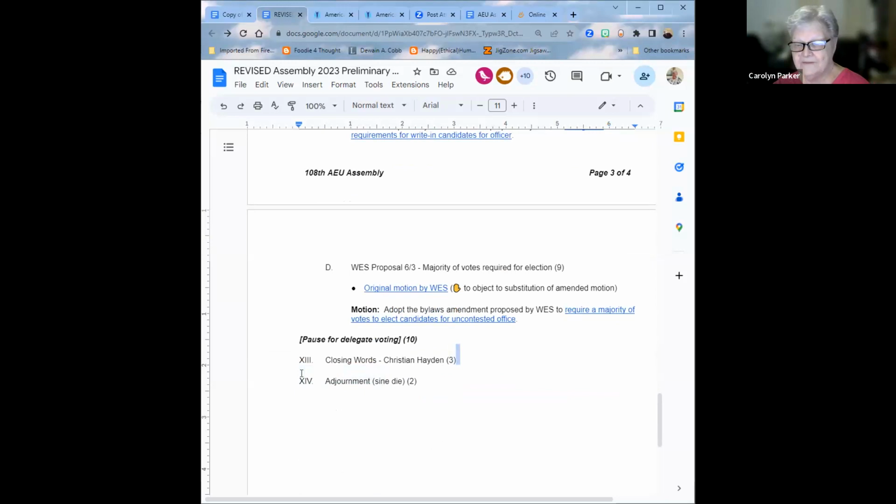And let me just say, I'm very pleased and proud that for opening words, our newest ethical clergy leader, Gregory Bonin, will be providing us with those opening words. And our next newest, Christian Hayden, will be providing our closing words for us. And then we'll adjourn. Whether or not it's to a determined date or an indeterminate date depends on the votes